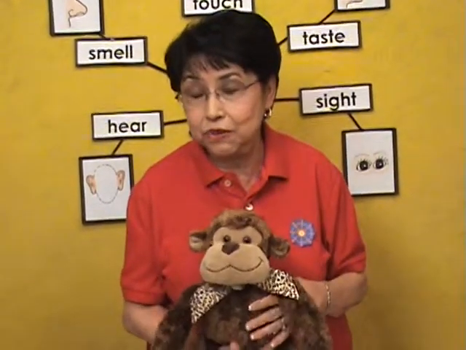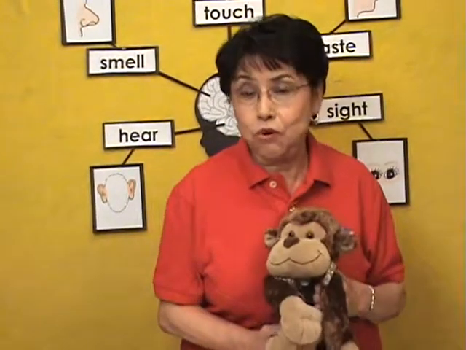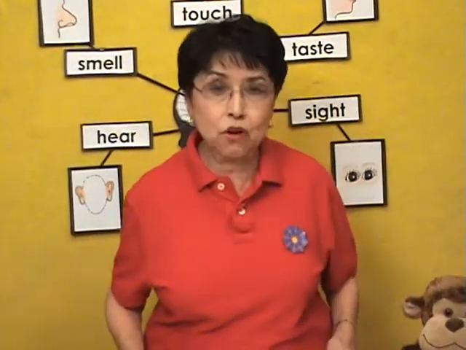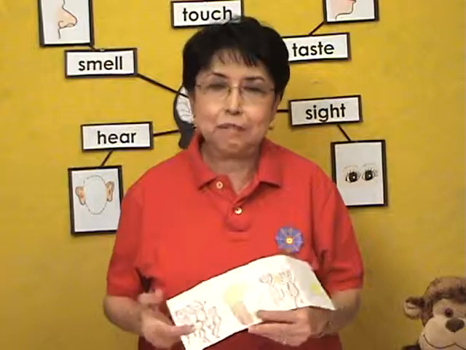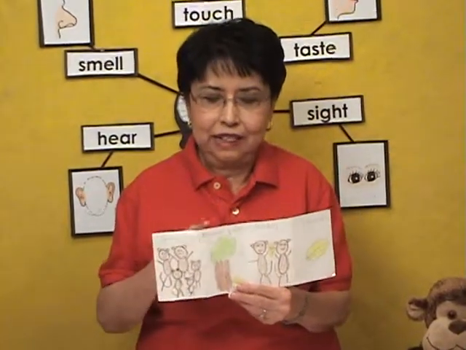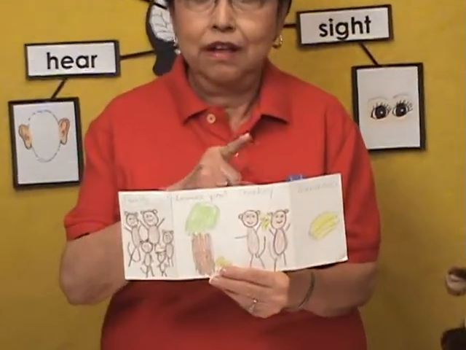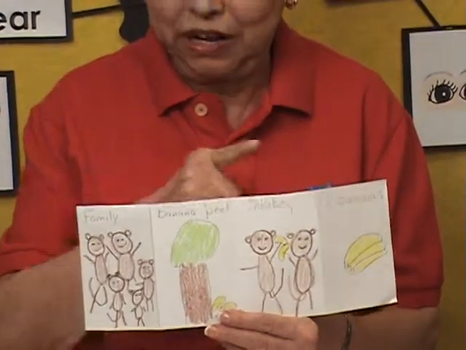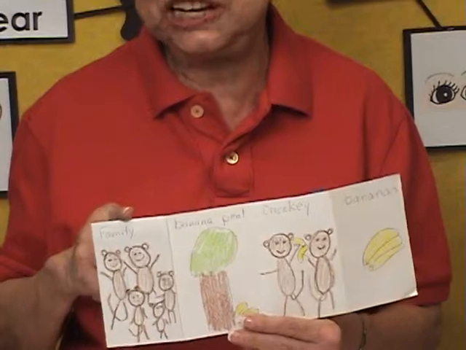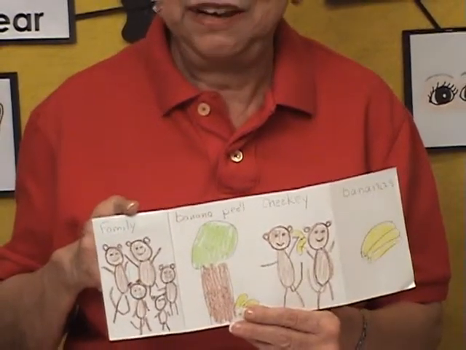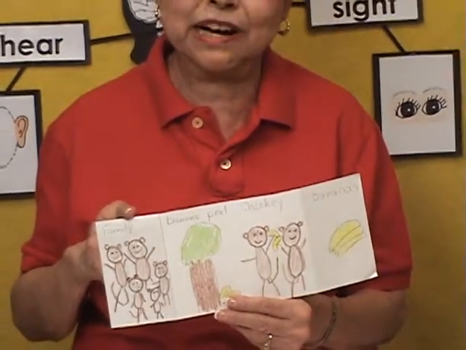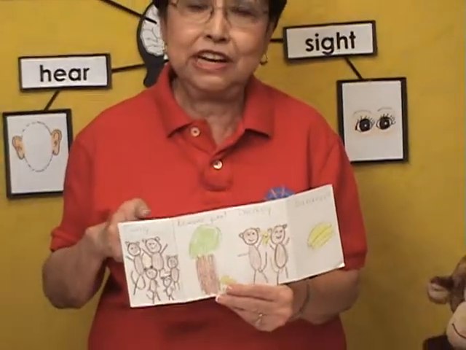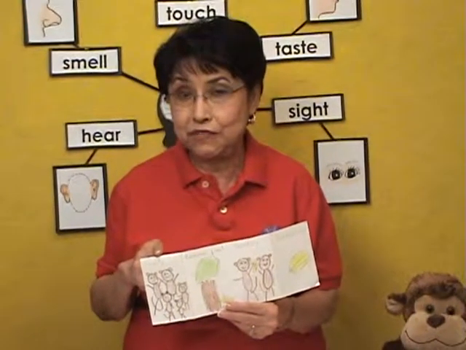Now, how do they do that? In the storyboarding, they will draw the pictures: the beginning, the middle, next, and finally, what happened at the end of the story. Well, in the beginning, we talk about Chicky being with his family. Remember, we talked about that in our lesson number 1. Chicky lives with his father, mother, brother, and sister.